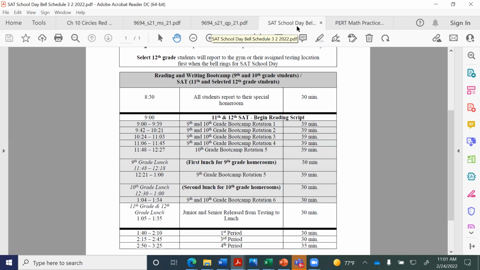Now, on here, so what they have given us though, they had them up in the office, they had posted something on the website. These last 3 periods of the day, because after we eat and stuff, then we have 3 classes, first, third, and fourth. It doesn't make a whole lot of sense as to why they chose those 3 periods, but that's what they chose, first, third, and fourth. So we will have those 3 periods at the end of the day on Wednesday, for about 30 minutes each. Doesn't make a whole lot of sense, but